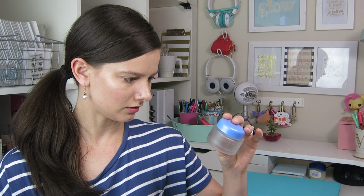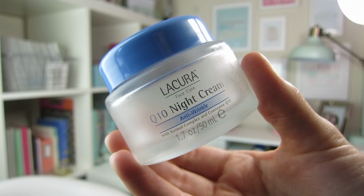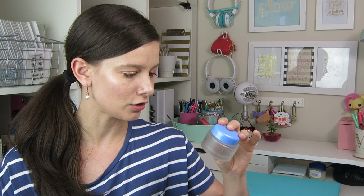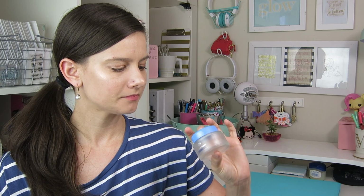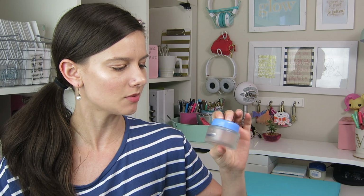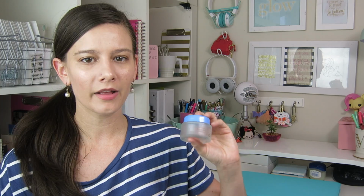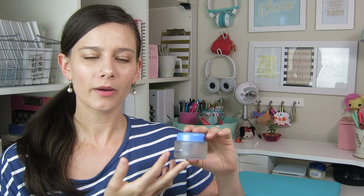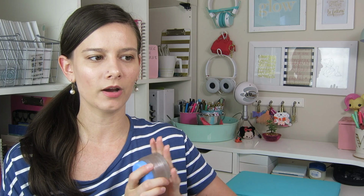This is the Lokura Face Care Q10 Night Cream Anti-Wrinkle with Retinol Complex and Coenzyme Q10. And I liked this. I don't even remember buying it. I think Melissa somehow had it and then she gave it to me because she wasn't using it. But for a while I was using this as my night cream, and this is the first actual, specific night cream I ever used. So I don't have much to compare it to, but in my experience, it was a